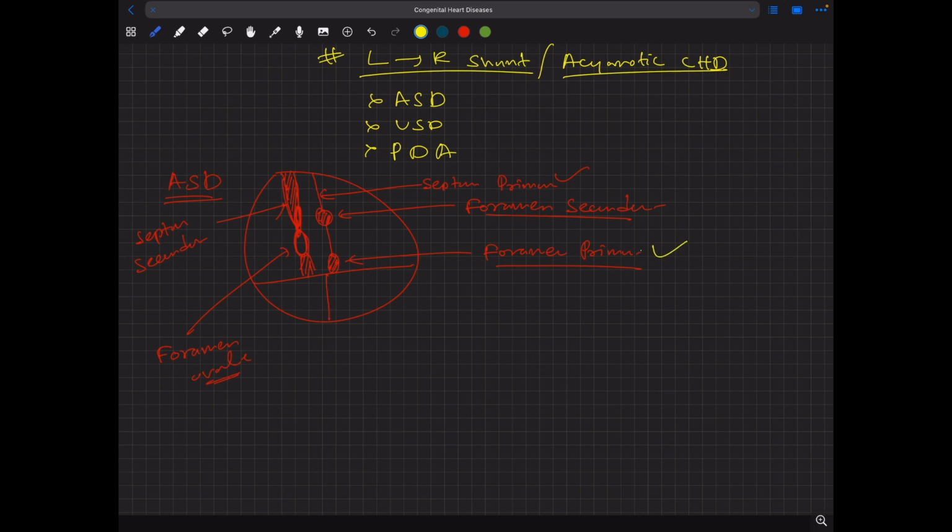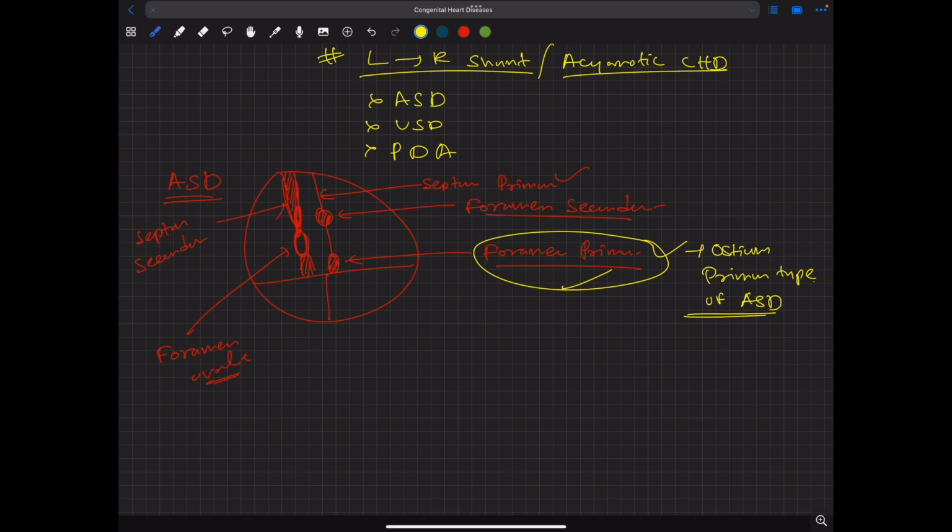Suppose we have a defect in closure of this foramen primum, then it will develop ostium primum type of ASD, or in short we can call it primum ASD. In case of ostium primum ASD, there is a defect in closure of